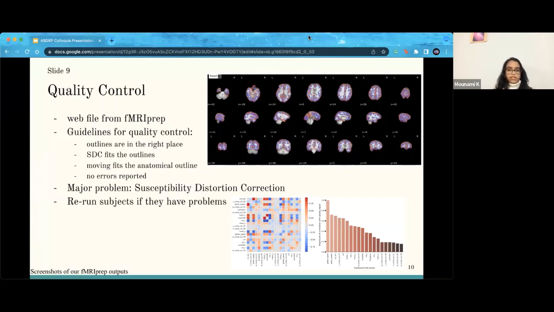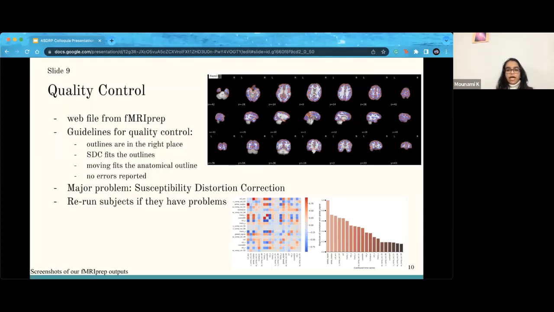We consulted various external sources in order to compile a set of guidelines that we'd use to determine if our data was appropriate and ready to move on to the next step. Some of these guidelines included if the segmentation was done correctly. So, if the identification of gray versus white matter was done properly. So red outlines should typically surround the entire brain, and the blue outlines should separate the gray and white matter. And of course, if the susceptibility distortion correction should fit these red outlines, as you'll see later on in the